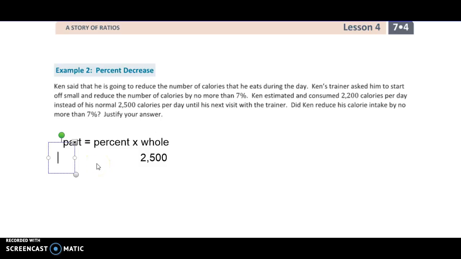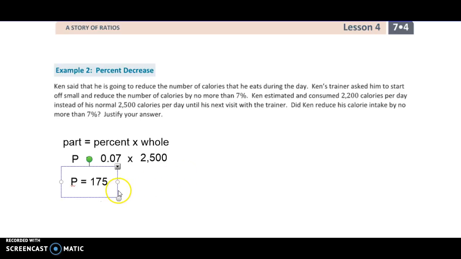What we also know is that he's trying to figure out 7%. I'm going to go ahead and fill that in as well. 7% would be 0.07 because you move the decimal 2 places. So 0.07 times my 2,500 would tell me how much of a reduction in calories he would be looking for. They give me a lot of information, but it looks like I'm trying to figure out the part. If I get my trusty calculator out, the part would have to be